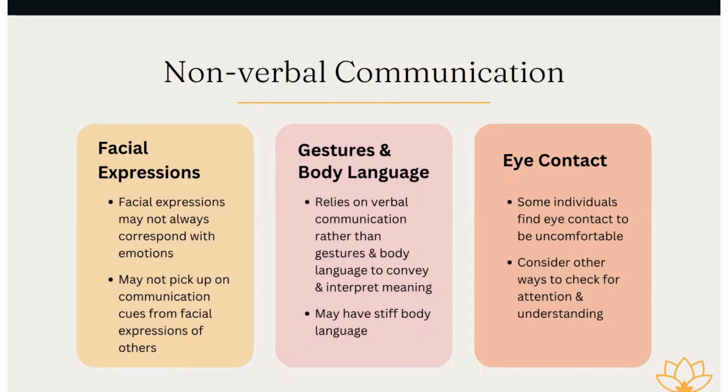So if you're trying to work on your child responding to their name, for example, maybe they can just say yes, or maybe they can just slightly turn their head in your direction. You want to make sure that you're being inclusive of all the different ways that they can demonstrate that they're paying attention or that they're understanding, besides just relying on them making eye contact, right? Because that's a social norm that we have, but that doesn't mean that that's the only way that an individual can connect with another person and pay attention to another person.